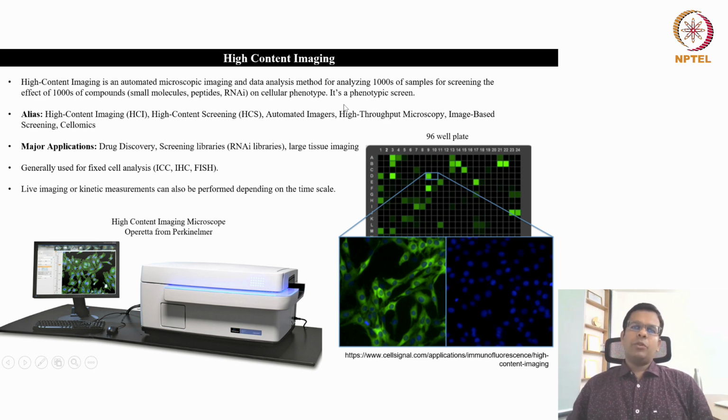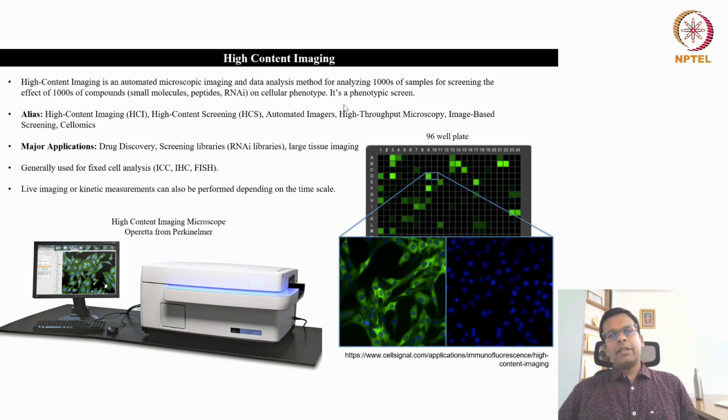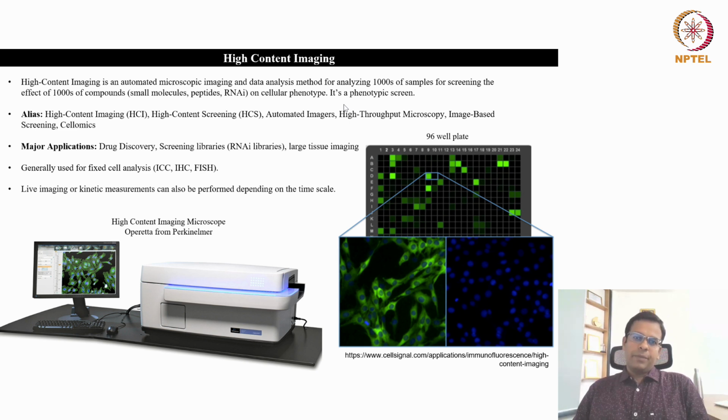You already know about the 3D imaging and 4D imaging of any sample that we discussed in some of the previous classes. You can do multicolor imaging for any sample, and also multi-dimensional imaging like X, Y, and Z imaging for your cell or tissue sample. So high content imaging is nothing but you will image thousands of samples together.